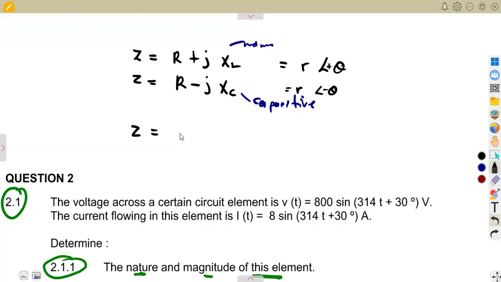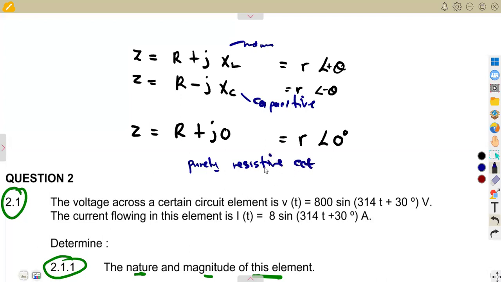Then if the j part is zero, we do not have anything. It's a purely resistive circuit. So in this condition, our Z is equal to R angle, and the angle that you're given is at 0 degrees. When it is at 0 degrees, that is going to be a purely resistive circuit, all right? So this will be a purely resistive circuit. We're talking about a purely resistive circuit. So this is all about the impedance. The impedance can actually give us the nature